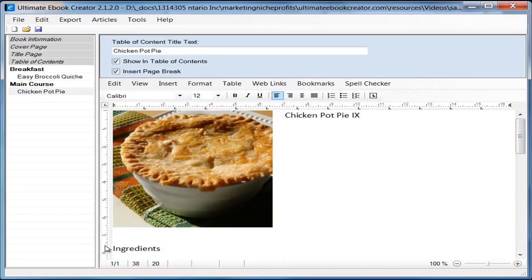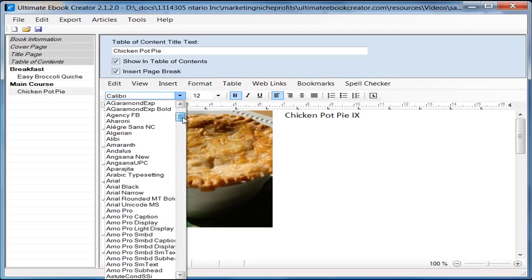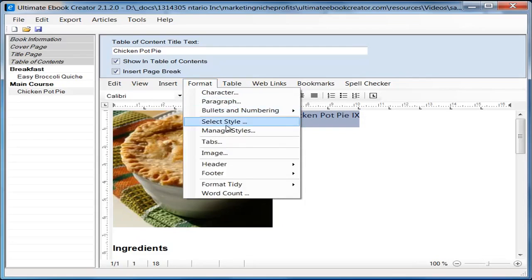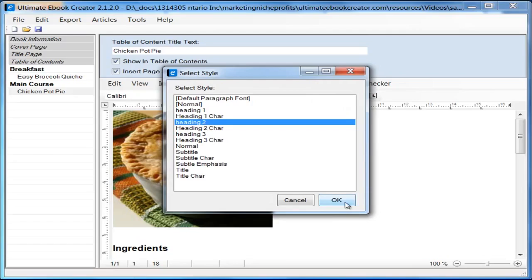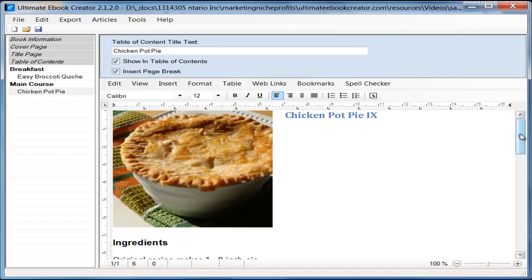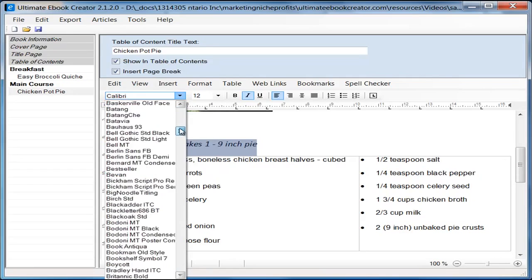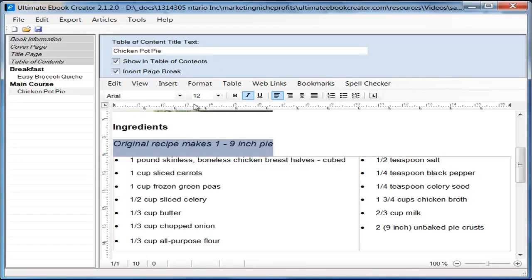Oh, and one more thing, we forgot to do our formatting for the ingredients, which is Arial 12, Arial, and then here we are going to format the style as heading 2. Okay, so chicken pot pie, and this one we will format like this, and I think I did make it 10. Alright,